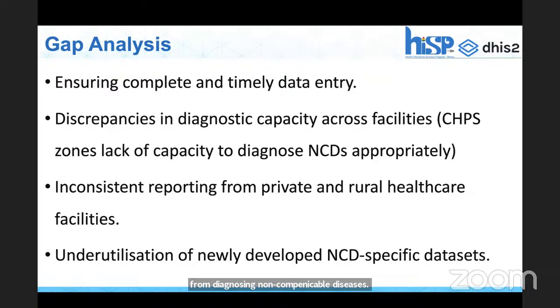That is one of the things that we identified, and also some inconsistencies in reporting when it comes to the private facilities, as not all private facilities currently report into the national HMIS. So there is some level of gap when it comes to data availability, especially from the private, and then the very lower health facilities such as CHPS zones. Lack of national deployment of the new NCD specific data sets that have recently been developed is also one of the gaps